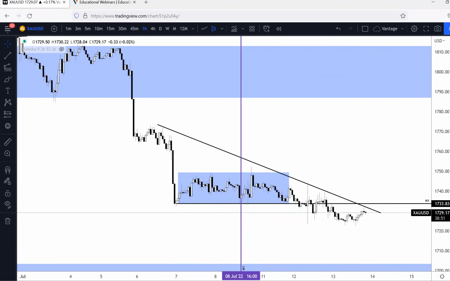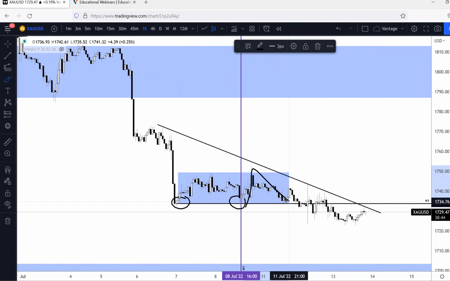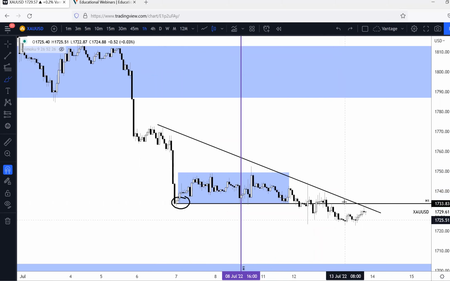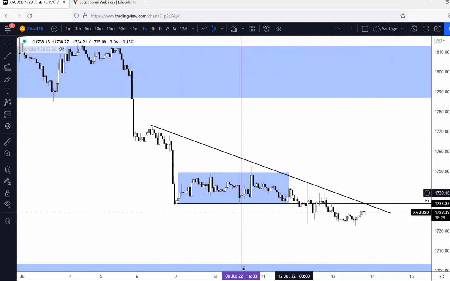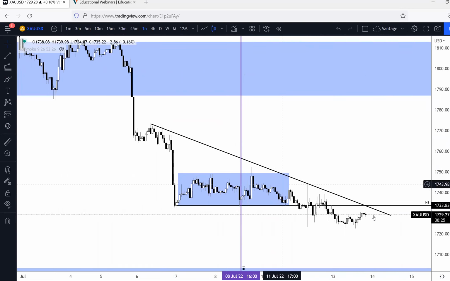You can see here this clear support level where price came in and respected it. Pushed higher, but still failed to close above the previous high, respecting this descending trend line. And right now we're seeing a clear break and close below this area. So this is the descending trend line. And you can see that prices are right now pulling back to this resistance area. So on top of that, what we can also do here. Right now, for me, the bias is still bearish as long as price holds below this,